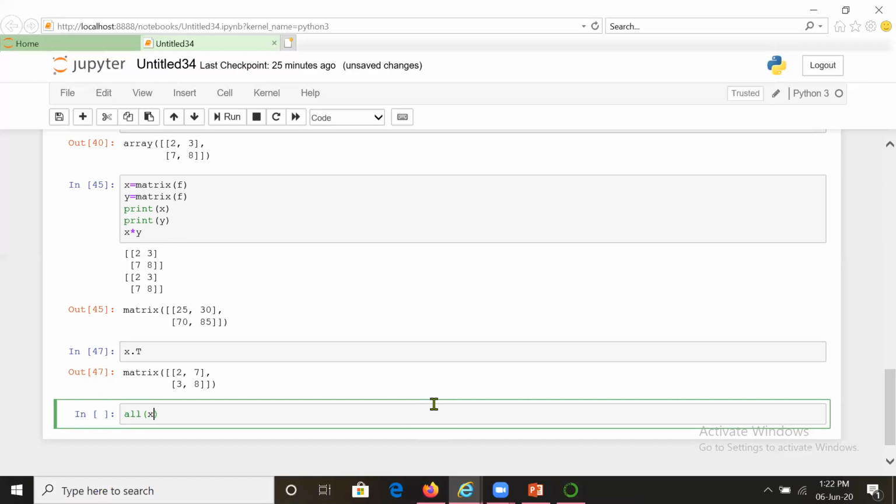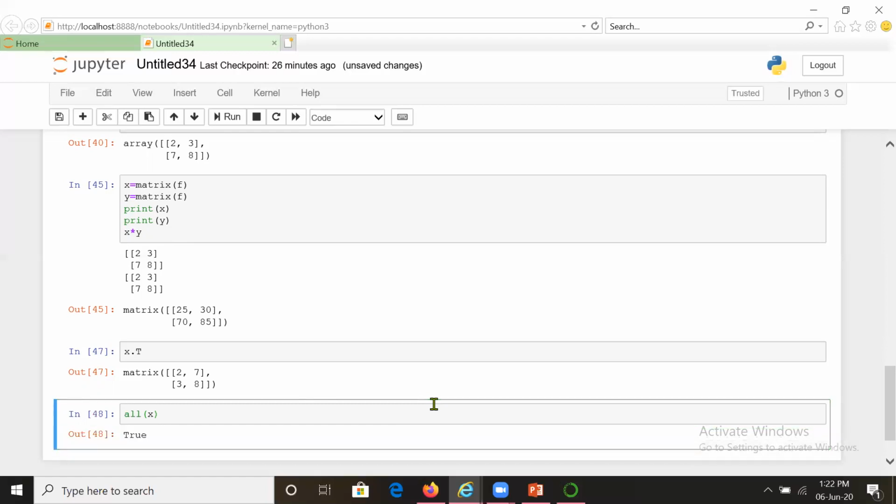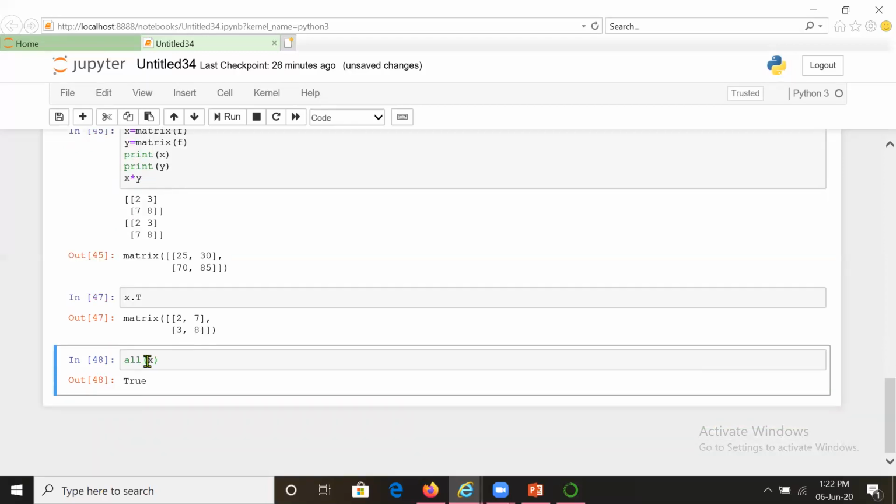Again, I repeat, suppose you have a matrix of 1,000 elements, and it's not possible to check one by one whether a zero lies there or not. But just with the command all of x, you can know whether zero is there or not. All of x is indicating true. That means there is no zero in your matrix.